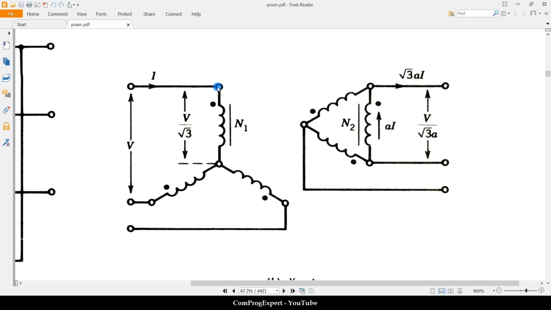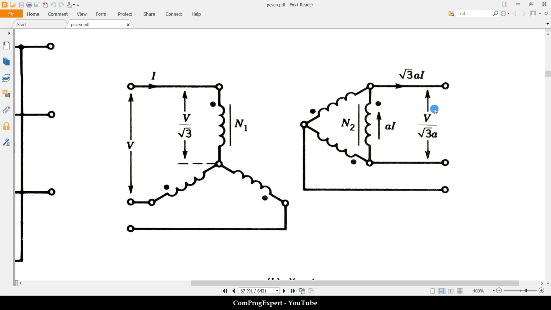In a star connection, the phase current is the same as the line current. So we have this I. And what is the value of the voltage? The phase voltage here is V, this line-to-line voltage, divided by the square root of 3, divided by